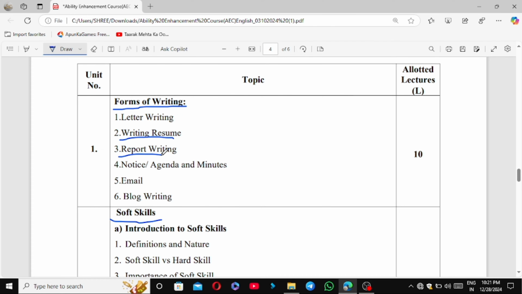Okay, there are many structures of report writing: title page, table of contents. In report writing, you require an introduction, body of the report, conclusion, recommendation, etc. For example, in your college,